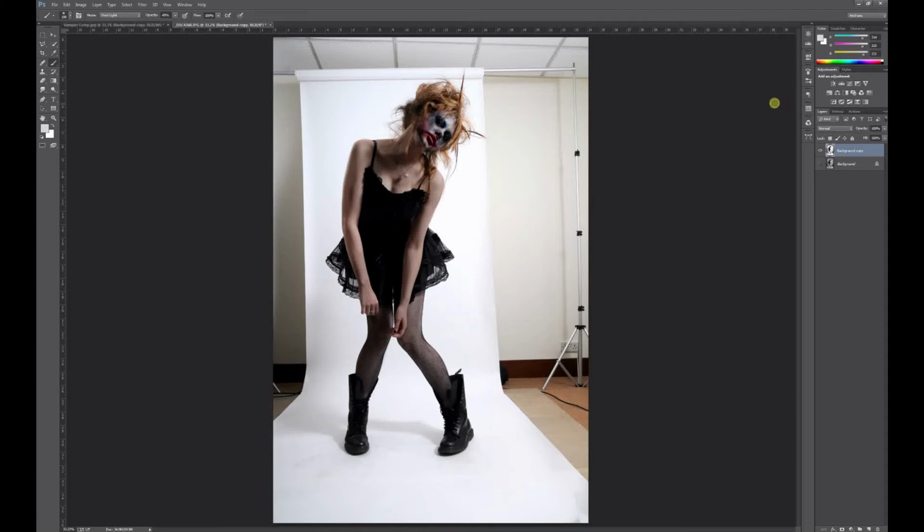This time we're going to be talking about selections again and cutting out your model. The reason why we're going back into this is because within Photoshop there's always more ways than one to skin a cat, so I thought I'd show you more ways of cutting out your model. Now, I have gone through a couple of versions of cutting out your model before, and just to quickly recap those,